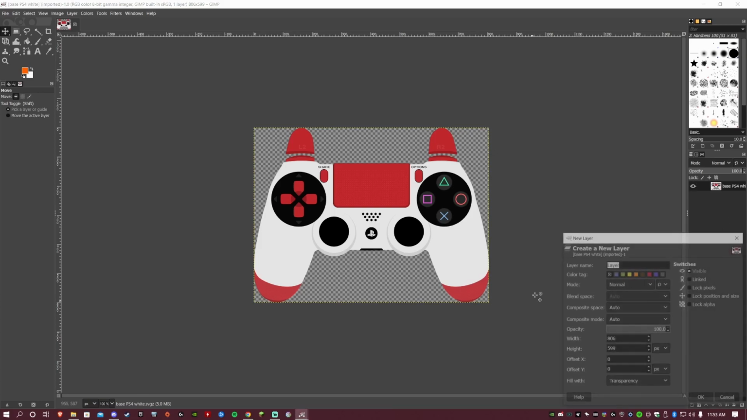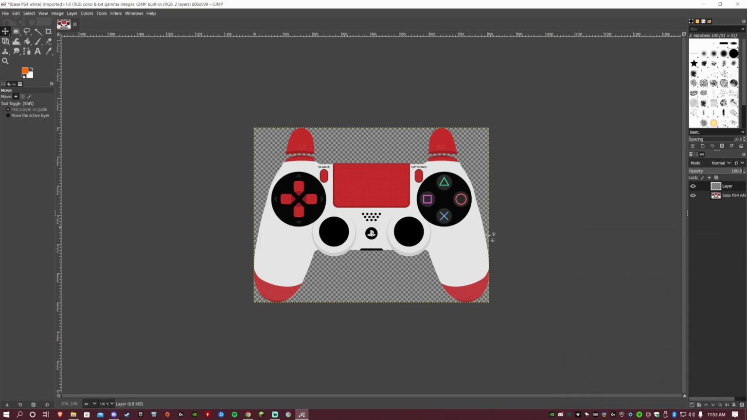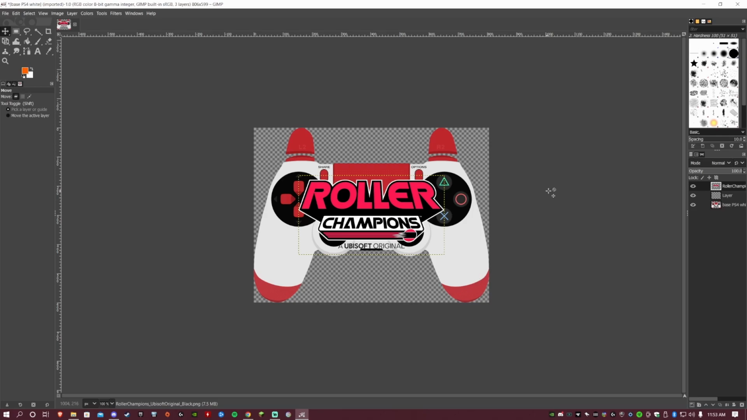Basically in here, what I do is I'll just add another layer. And you can also, if you're doing this for a Roller Champions one, Roller Champions tweeted a creator kit, which has logos and the in-game sponsors and all that, which is what I used on mine. For simplicity's sake, I am just gonna drag in a Roller Champions logo on that. That's created a new layer. GIMP's a little bit confusing, so this